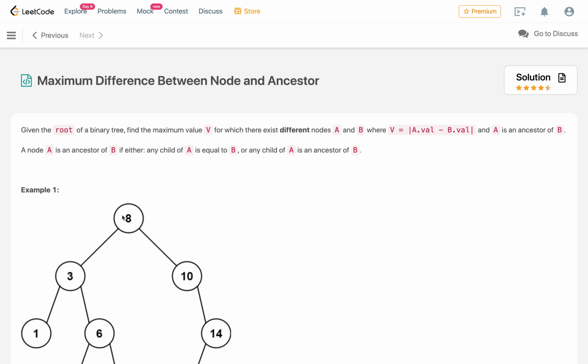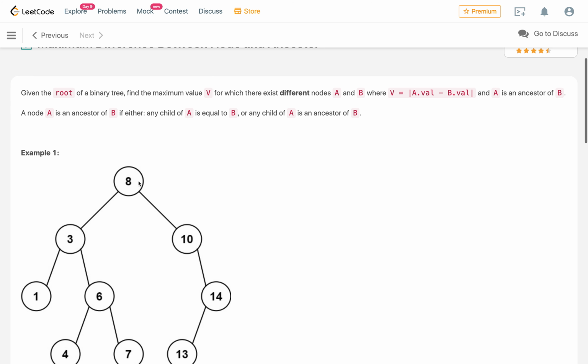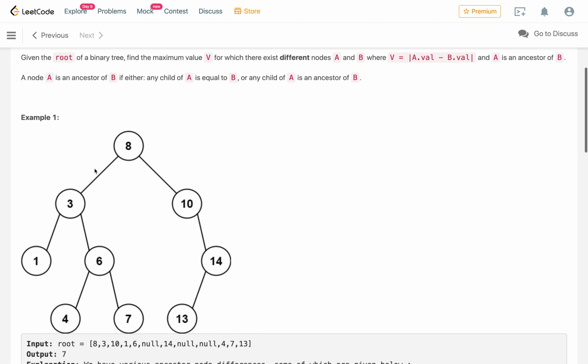So basically this is a node, let us say a, if it is 8 then b is here. So a is an ancestor of 8, but if we see, this is not an ancestor of 6. So this node 1 is not an ancestor. So like that we have to find all the pairs everywhere and compute this. If we are processing this node, we need to know the left minimum value and the maximum value, because we are taking the absolute difference. So we will take whatever the maximum is from the minimum to maximum.